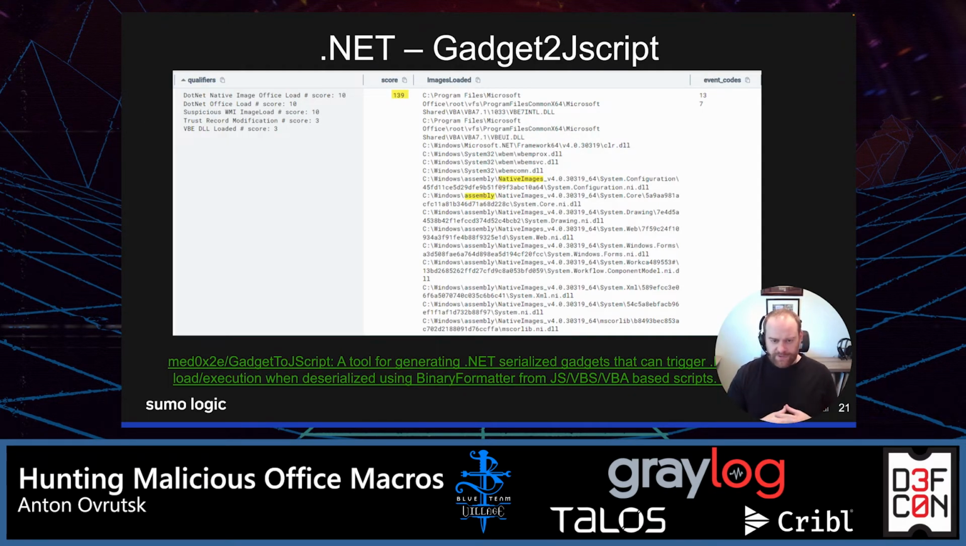.NET-based macros can also be detected using the methods we've been outlining. So let's look at a few examples, and we'll start with GadgetToJScript. This is a really interesting technique that, in a super simplified explanation, basically makes it so you can load .NET assemblies from VBA code. I've personally executed this technique in various environments, and I've successfully seen it skirt around EDR and other controls. However,